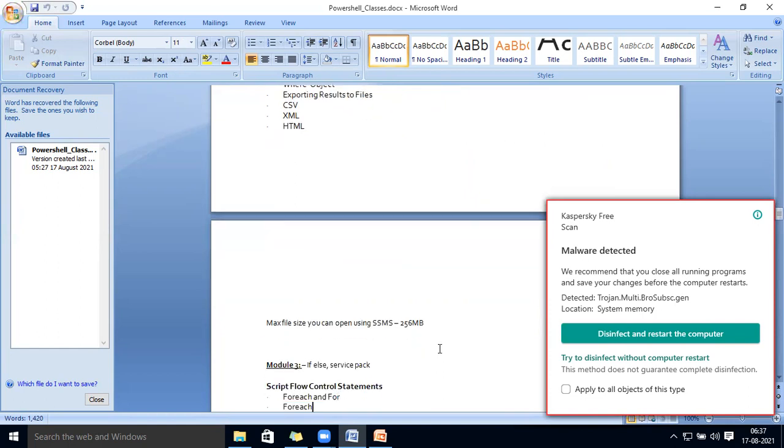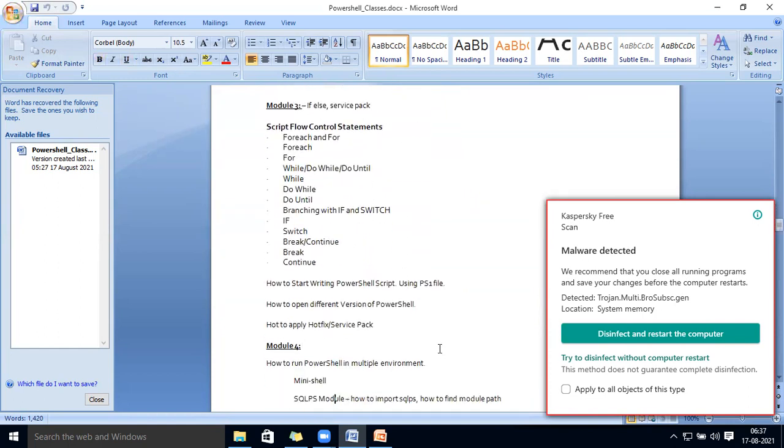So that thing we are going to learn in module 2. Module 3 is where your actual programming will start. Here we will learn about foreach. Even from today or from tomorrow also, we are going to learn the minimum if-else things, which we are going to use in any program we write.